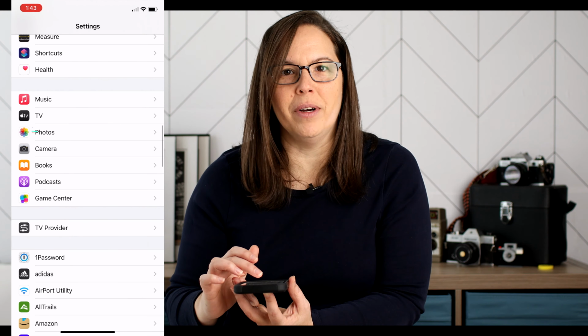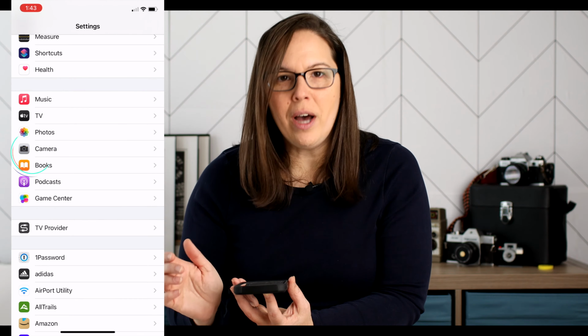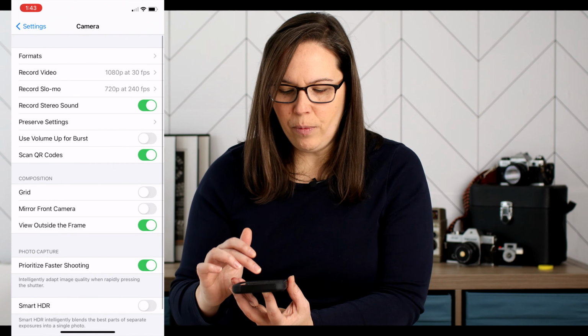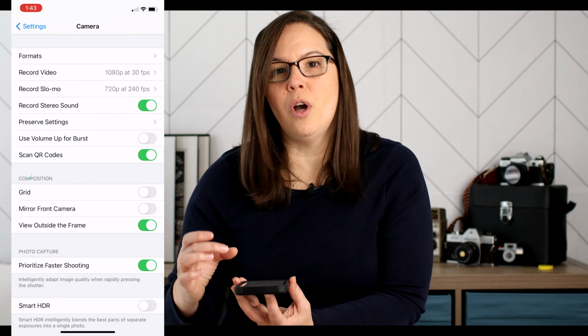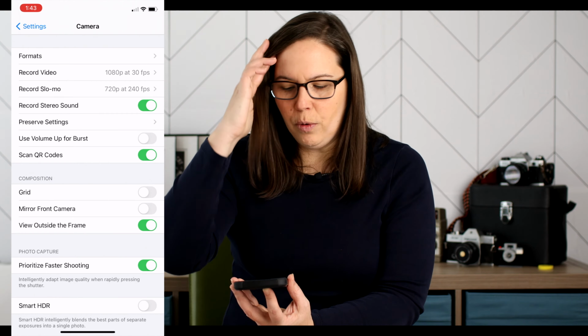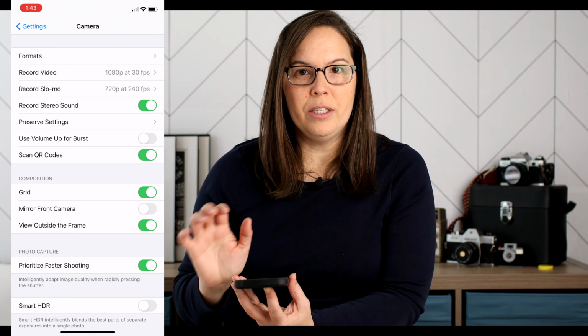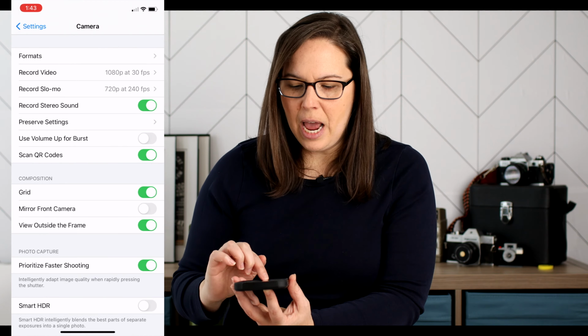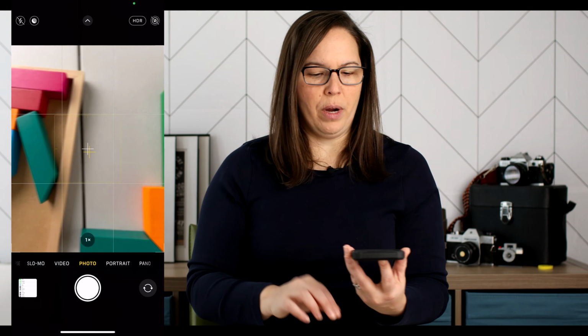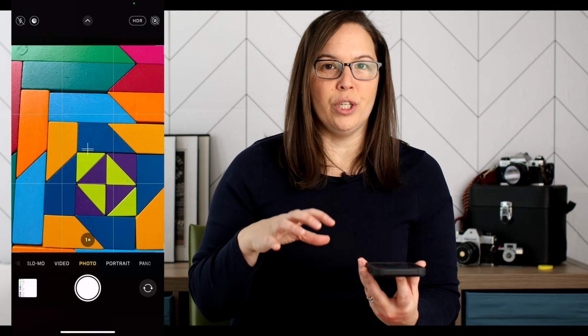When you go into your settings, you're going to scroll down until you find camera. You're going to click on camera, and halfway down you're going to see a section called composition. You will find grid. You will click grid on, so now it's green. And now when you go to your camera, you will have a grid on the screen, which is also the